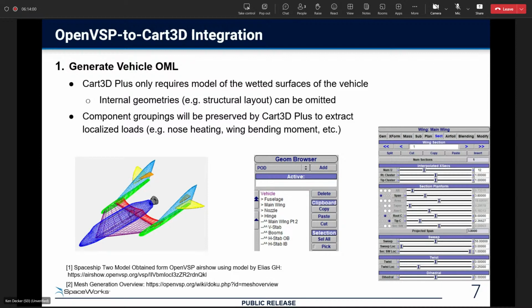So if you have particular regions of interest that you want to do isolated analyses on, if you assemble them in your OpenVSP model as isolated components, that component tagging will be preserved in Cart3D. So if you wanted global forces and moments, but then you also wanted to do a targeted study on, say, control surface hinge moments to size an actuator or wing bending moments, you can extract those loads as well,